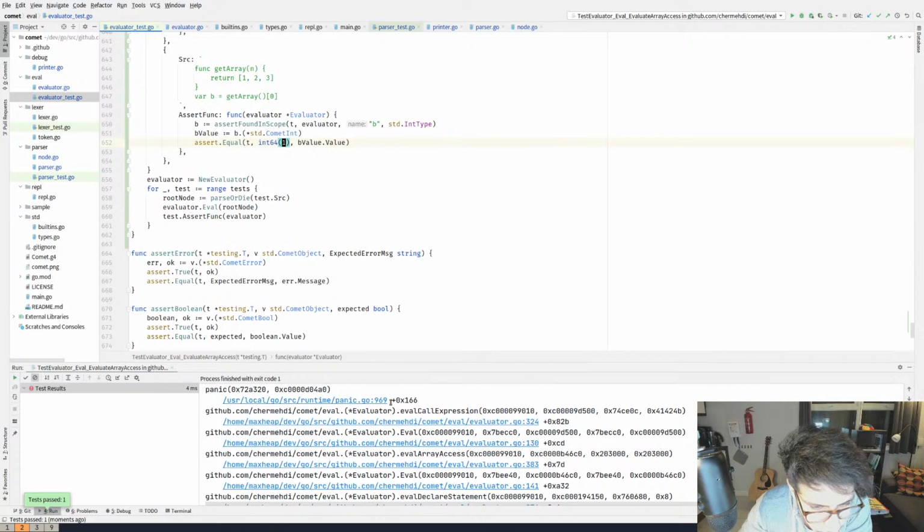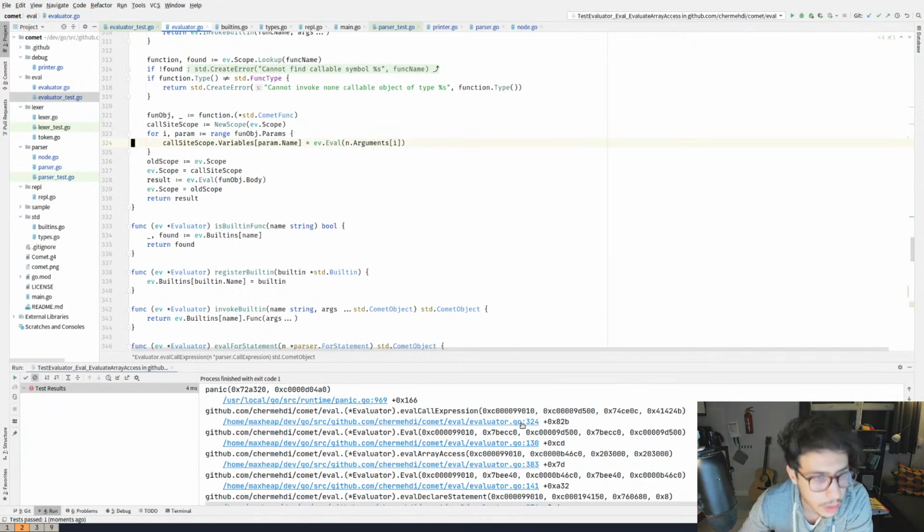So I'm not sure where it broke. So let's see the top of the stack. So call site, that variable name, eval arguments. Why are we doing this?